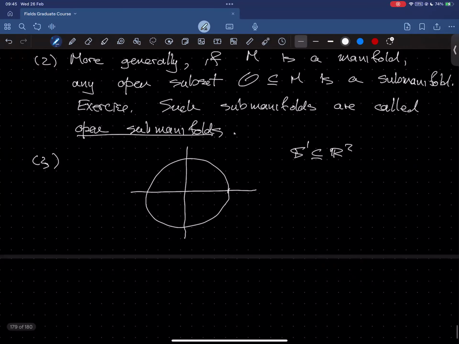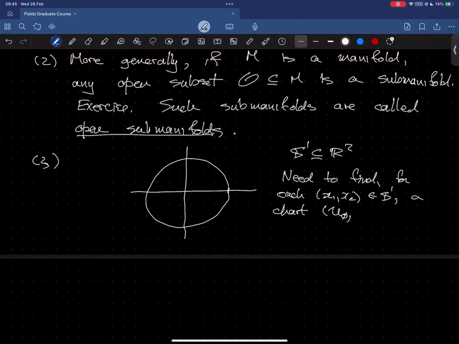All right. So let me write down clearly what I need to find. I need to find, for each (x1, x2) in S1, a chart,